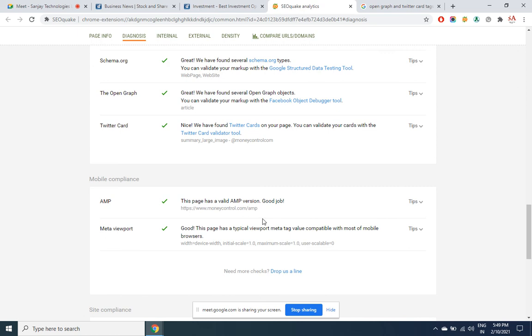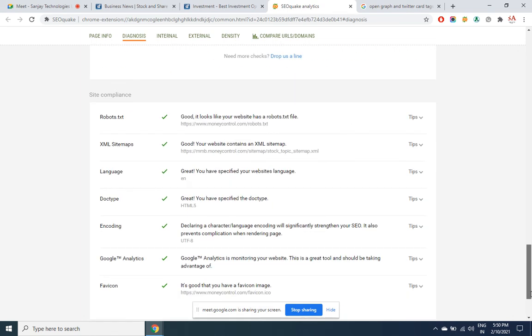So this is not our job, but we'll have to get this done from the developers. Whoever has designed your website, even before he starts the work on the website, you have to tell him beforehand that I want my site to be mobile compliant, it has to be a responsive one, and AMP should be there. So with AMP, you'll see that the pages are loading very fast even in mobile. The site will have a minified version. A lot of components will be missing. Only the important ones will be displayed in mobile. And it will all be done through internal caching. So the developers will be able to implement that.